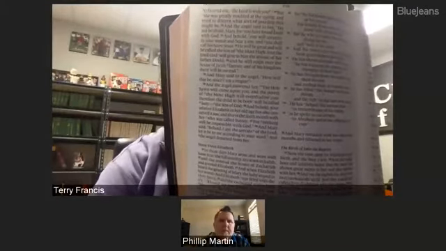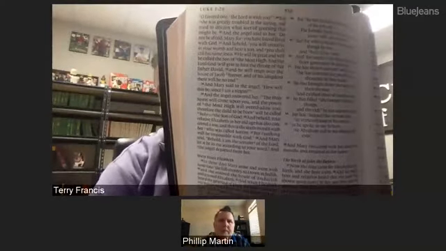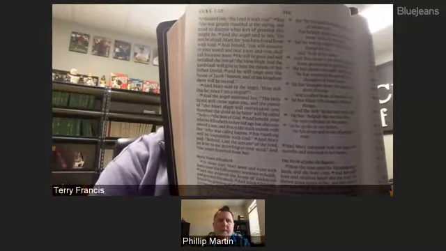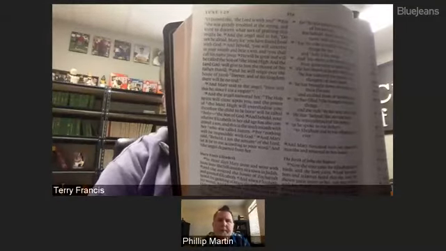This is my Omega thin line, which I don't preach out of anymore, but it's also Luke 1. And the font's 10 point, which is slightly larger. The center column is gone. It's just a lot cleaner. And when you're preaching, they're about the same size and weight. When you're preaching, that cleaner approach makes a huge difference in your ability to recognize where verses are and so forth. So that plays a big role.